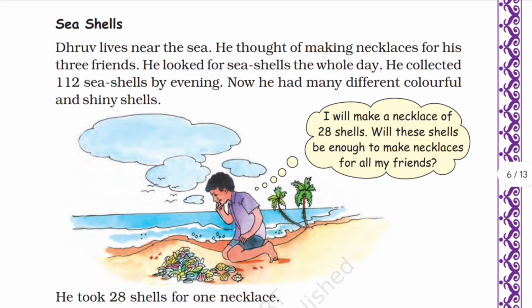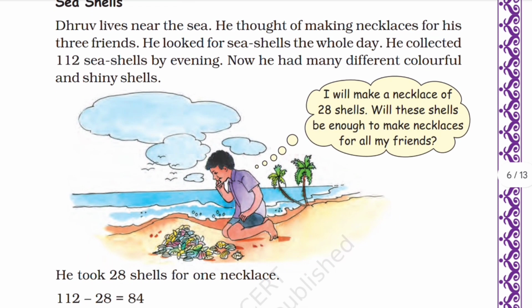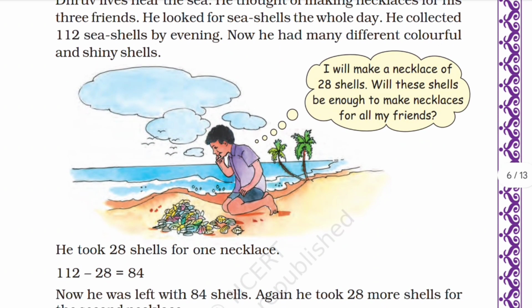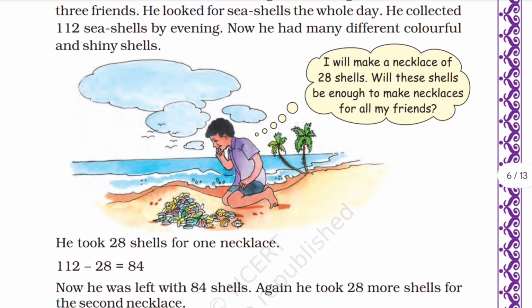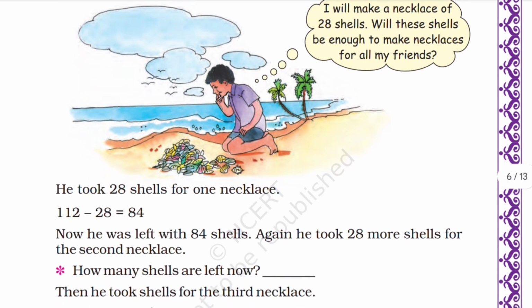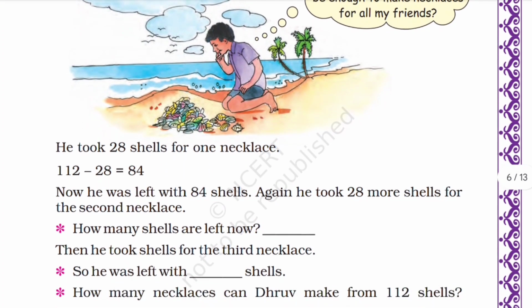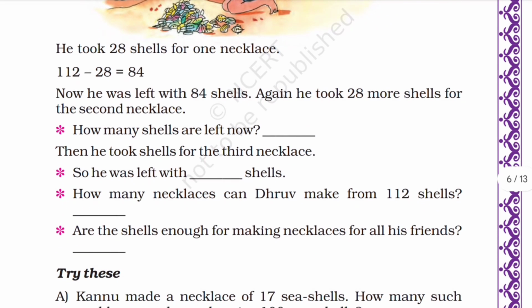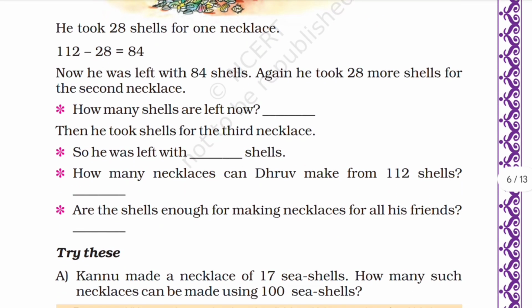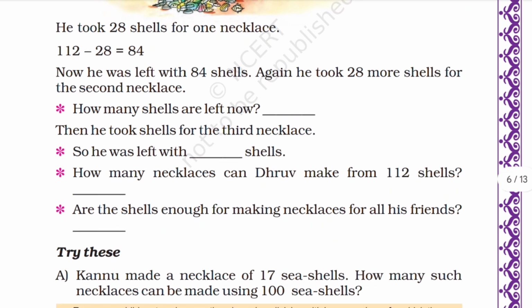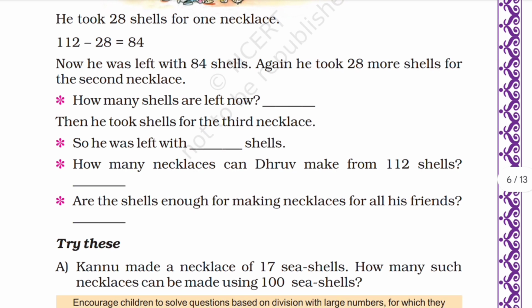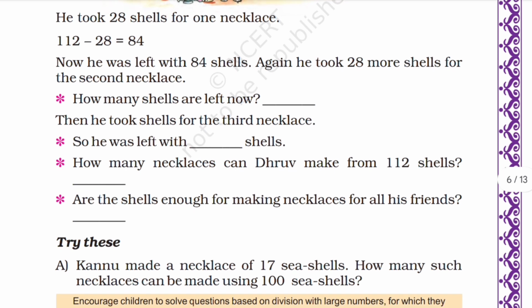Now he had many different colored and shiny shells. I will make a necklace of 28 shells. Will these shells be enough to make necklaces for all my friends? He took 28 shells for one necklace. 112 minus 28 is 84. Now he was left with 84 shells. Again he took 28 more shells for the second